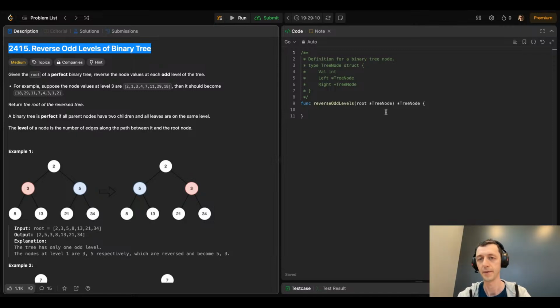Well, let's give it another 20 minutes or so. So we're restarting the timer. Okay, so this is a medium level problem,